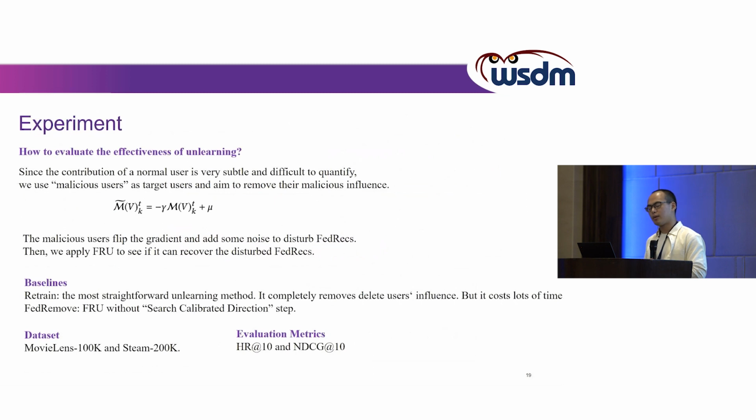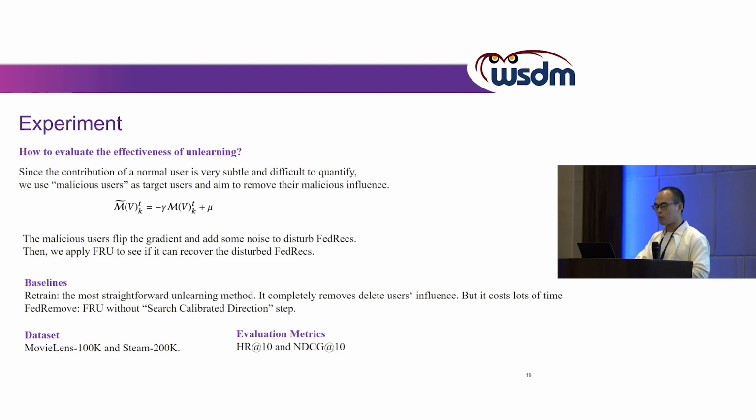Another challenge of federated unlearning in FedRecs is how to evaluate it, because there are a large number of clients. So removing one normal user will have a very subtle contribution, so it's hard to quantify their influence. So here we construct a group of malicious users, and these users aim to destroy the recommender system. After they destroy the recommender system, we apply our unlearning method to remove their malicious influence and to recover our